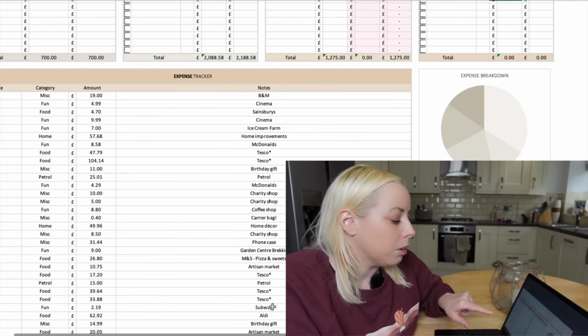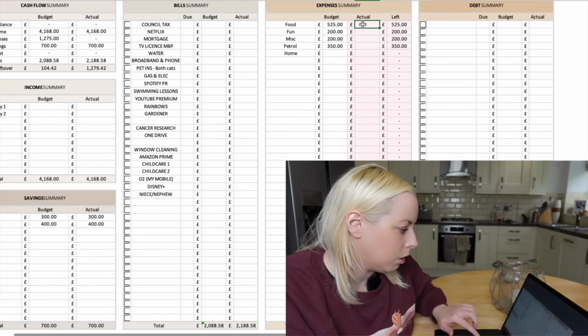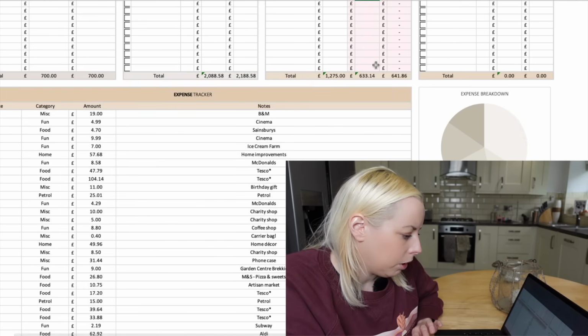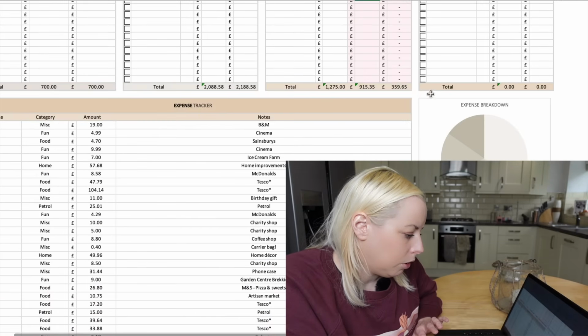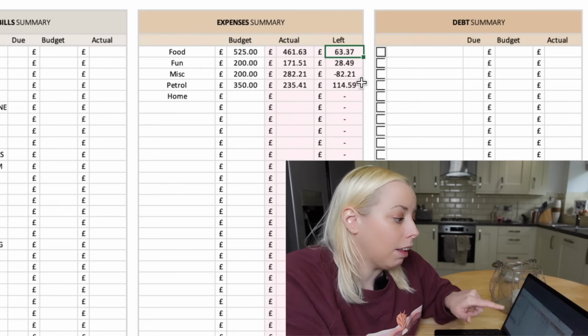So what we're going to do now is input these numbers up in the top section. 461.63, 171.51, 282.21, 235.41. So before we move on to the home section, you can see we had £63.37 left of our food budget,